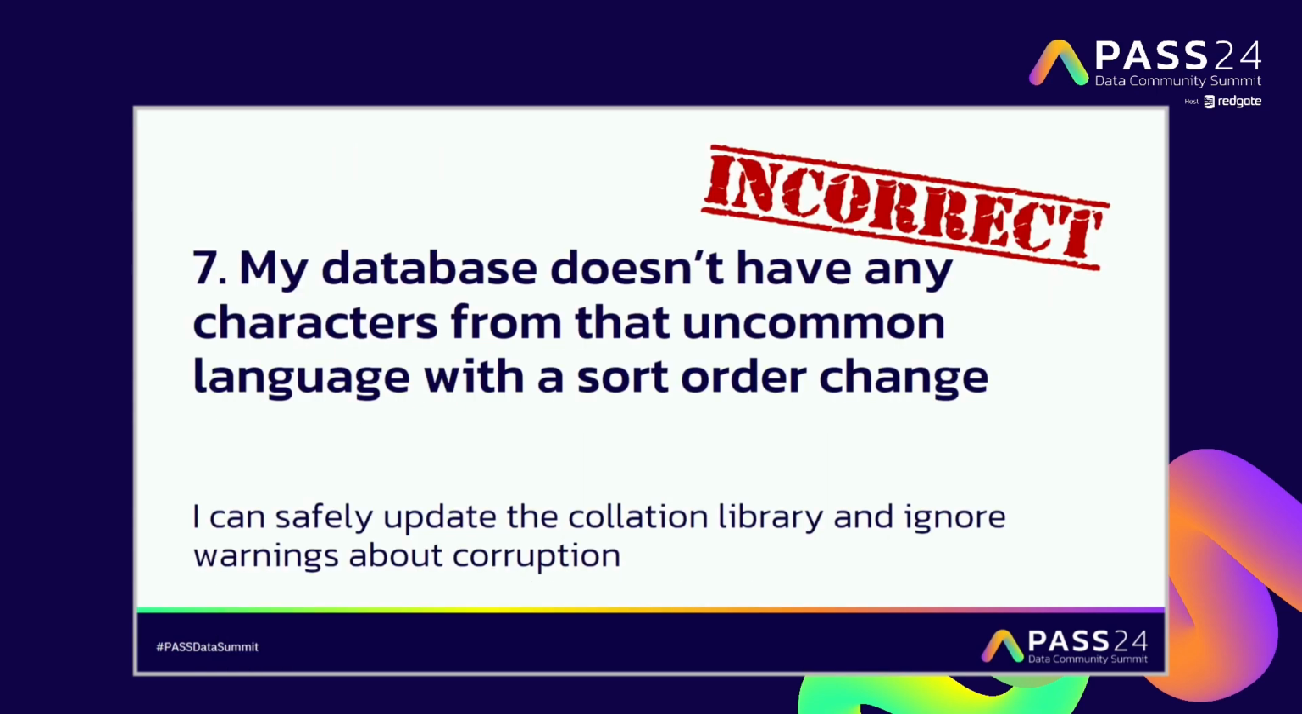Now this is a fun one. My database doesn't have any characters from that uncommon language with the sort order change, because the changes are happening all the time, but often maybe it's just Tibetan characters. Maybe it's some small language from Asia that's not widely used. So this is a really common line of thinking: well, I'm sure that character is not in my database, so I can just ignore it. It's fine. I don't really need to worry about it. In fact, I could update my collation libraries and just ignore the warnings. And this one,